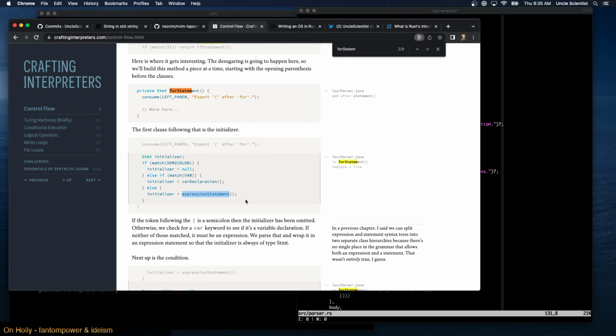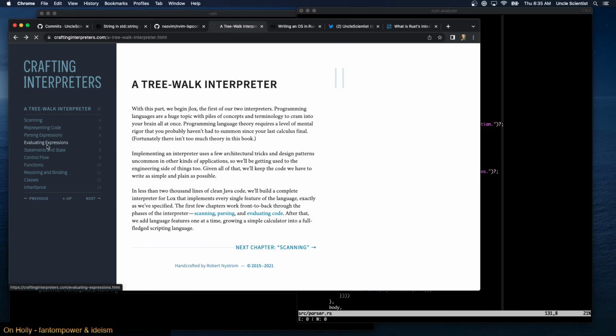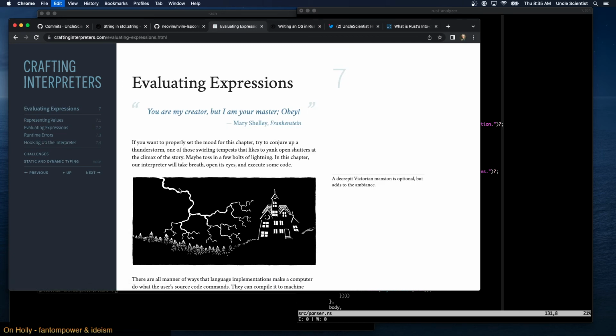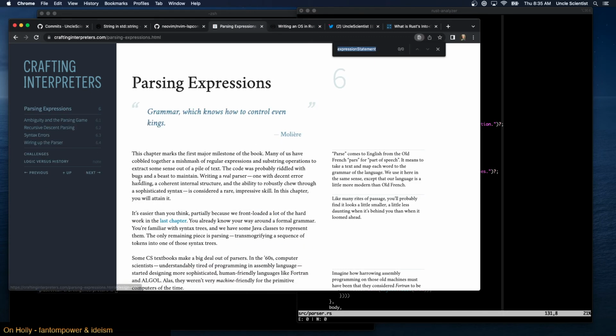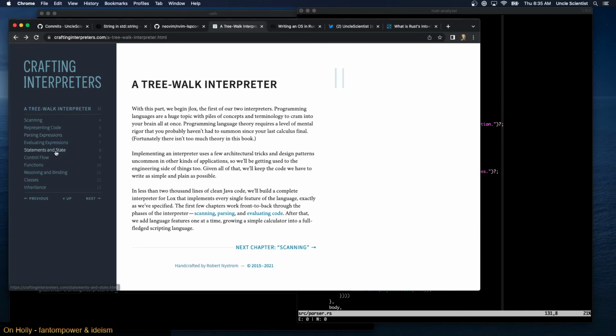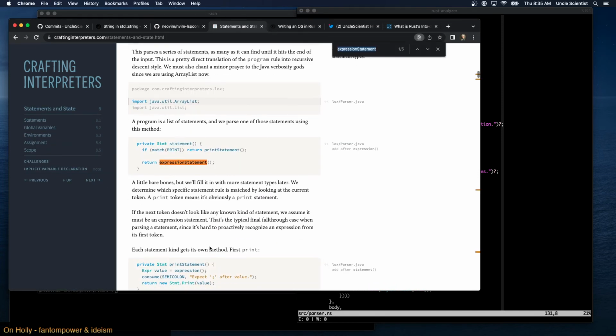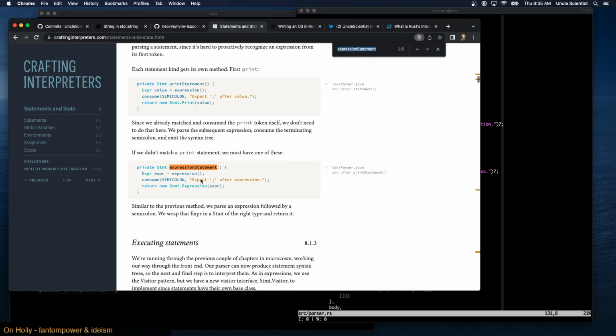If we fail to match, okay, so I guess we need to look at expression statement, which probably isn't here. Of course not. What would it be in this one? It's not in there either. Statements. Oh, because it's a statement. This consumes.